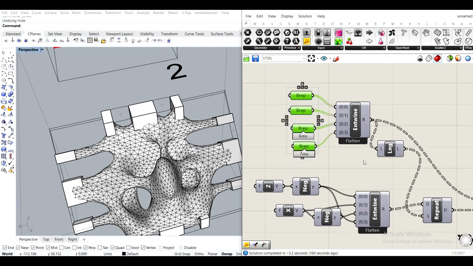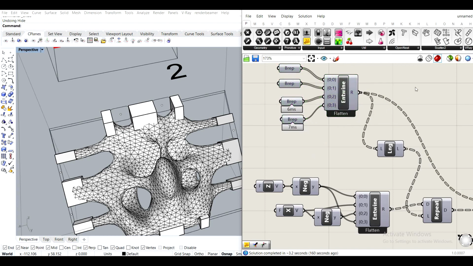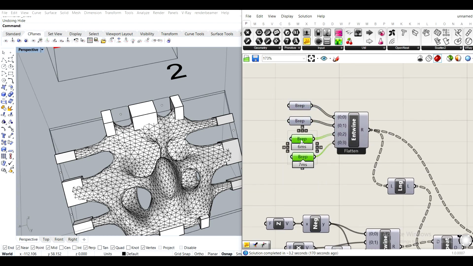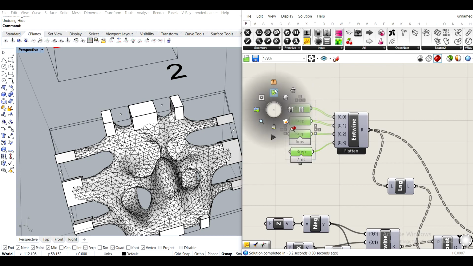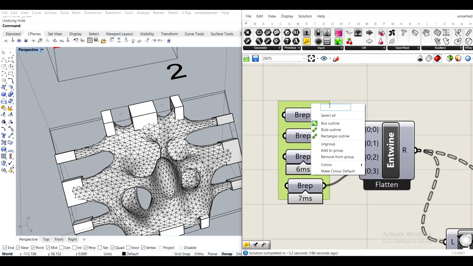Keep in mind that these files are going to be in the video description, so if you want to just download the file without actually creating it together with me, you can do so by downloading it from the video description. So I'll group these and I'll just call them